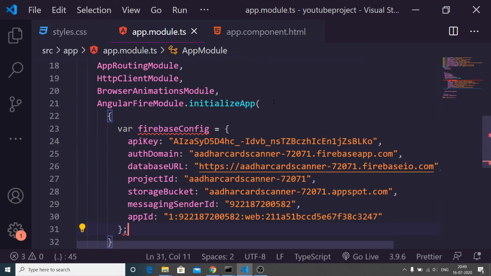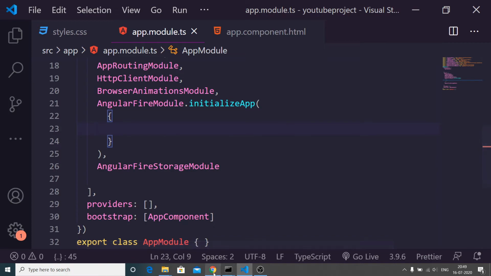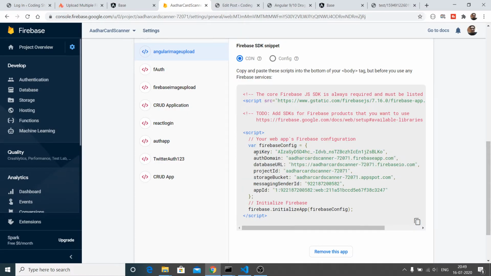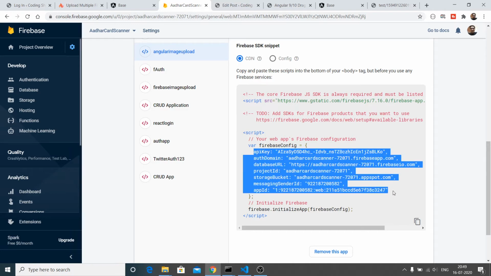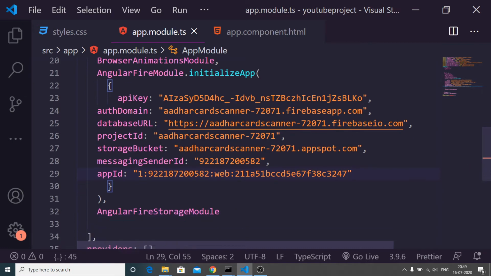Let me just paste it. Sorry. You do not have to copy paste this curly bracket, just these options. These options will be different for your project, so don't copy mine. So paste it here. So this is your API key, auth domain, database URL, project ID, storage bucket, messaging sender ID, and app ID.